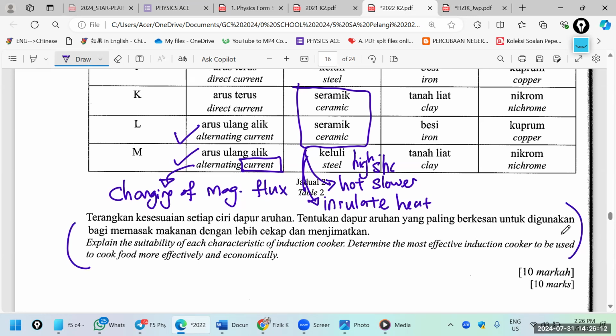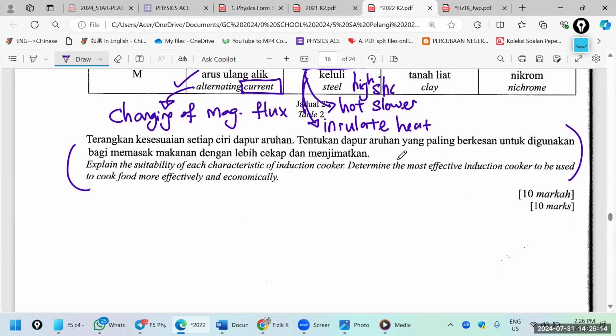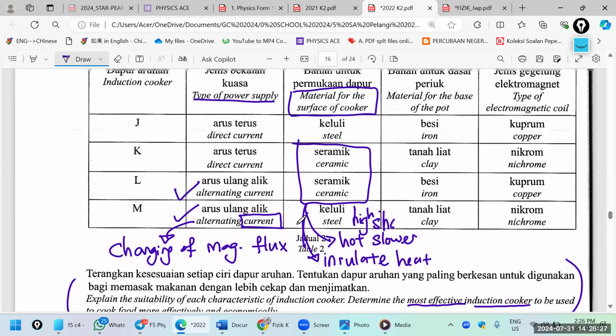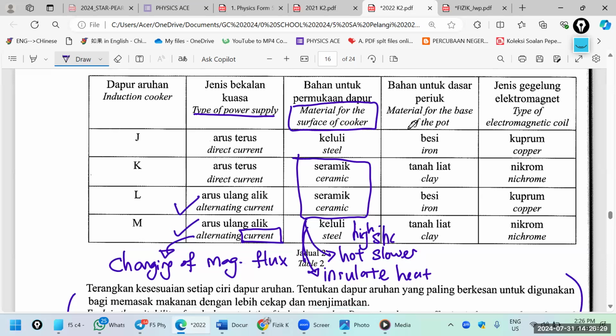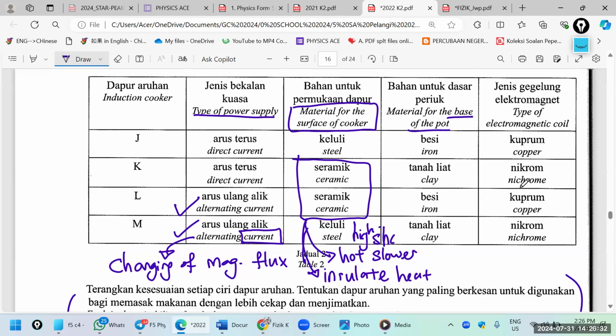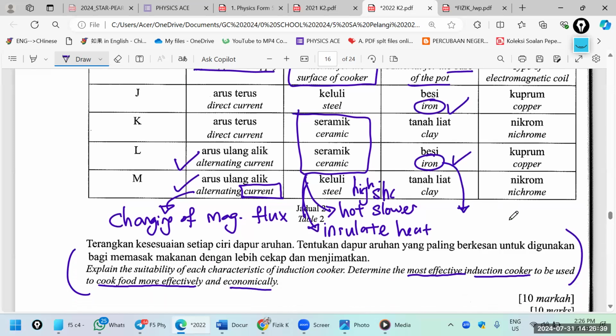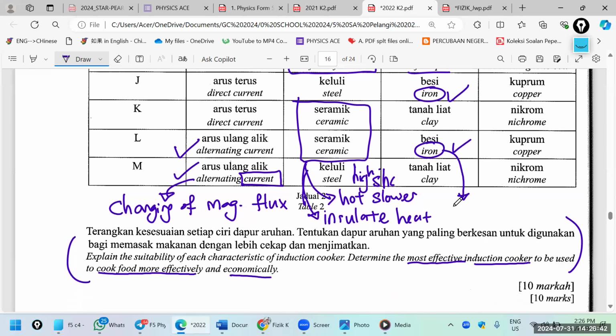Then, actually, you should look at this part. Determine the most effective induction cooker to cook food more effectively and economical. So your reason cannot write this, right? Then now, what is the material of the base of the pot? Yeah, should be iron. The best is soft iron. Why soft iron? Low specific heat capacity